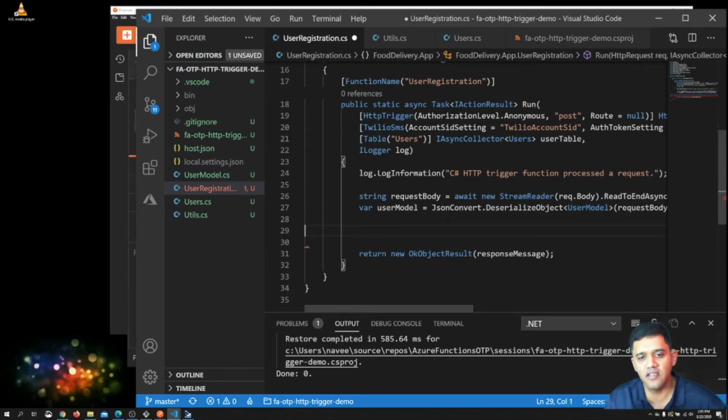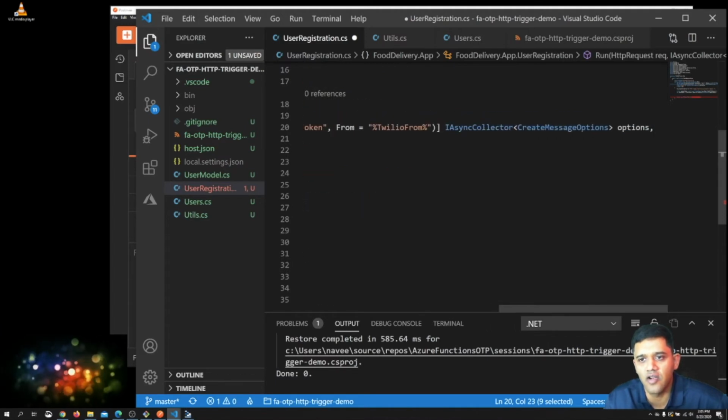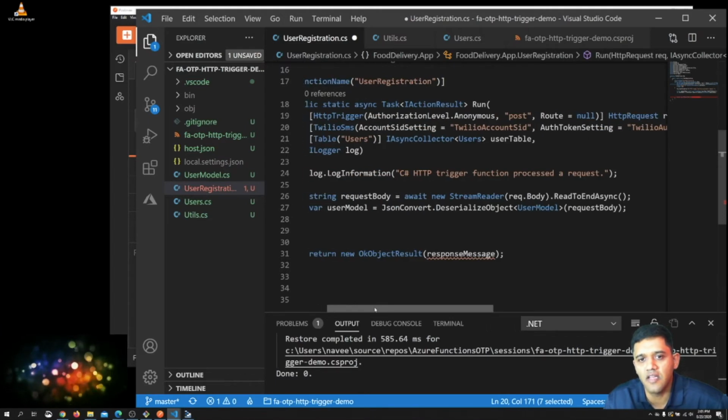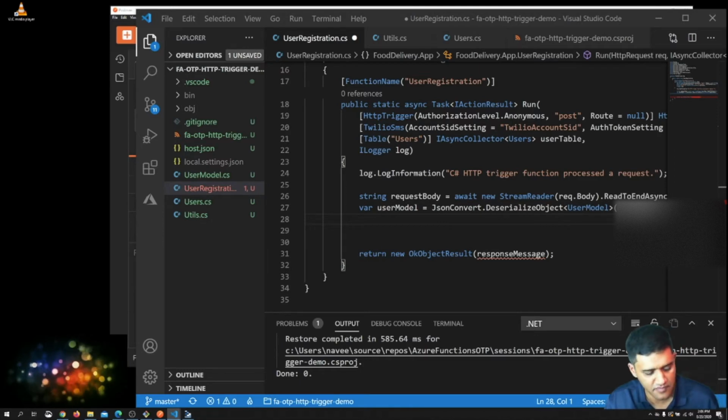So now we generate an OTP and use the Twilio output binding, which is here. This Twilio output binding, which is called options, and then we'll send the OTP to the user. So let me make it easy for you. Let me fetch that code for you.